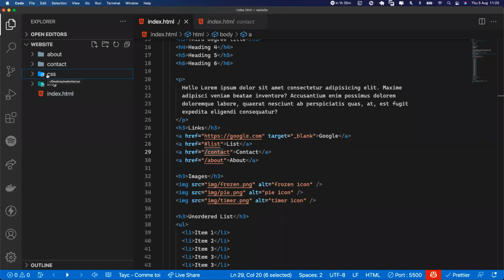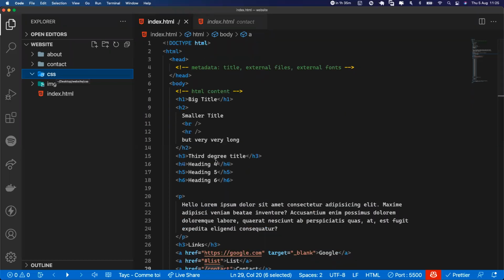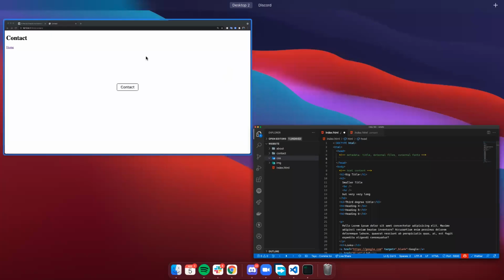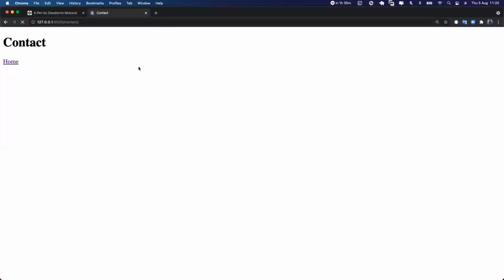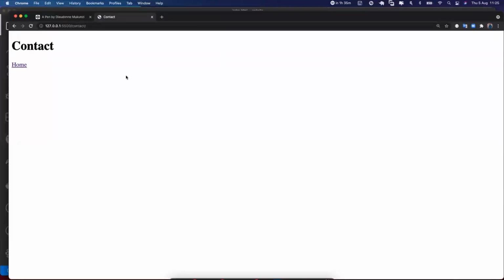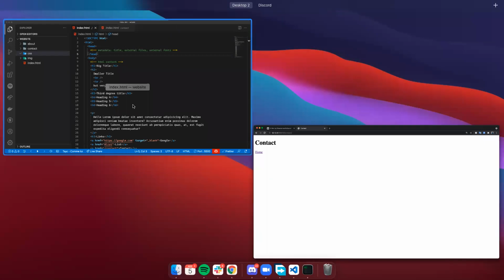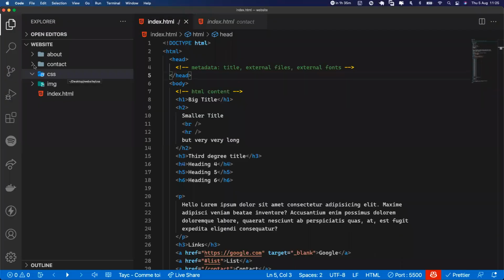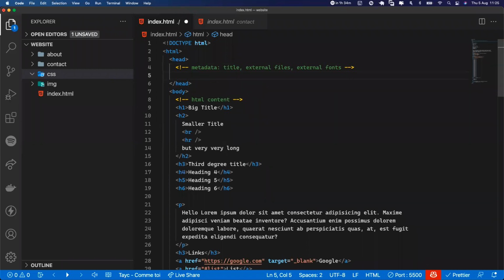So inside of CSS, this is where we're going to have our CSS file. CSS is basically, oh, I haven't shown it yet. Let me first finish off HTML by adding a title to our page. We have it in contact, but we don't have it in index.html. So inside of the head tag, we're going to have to add something called